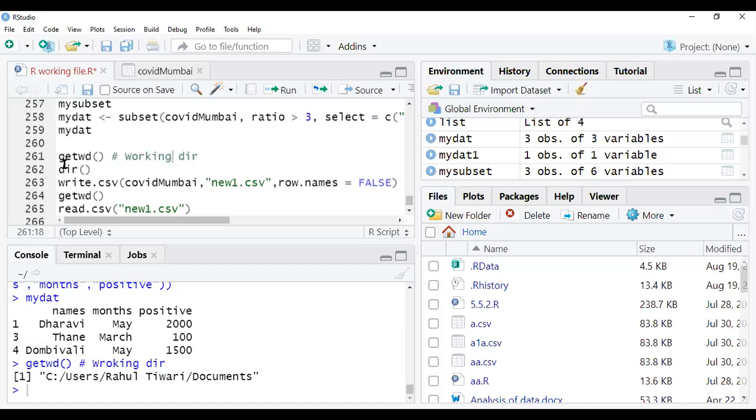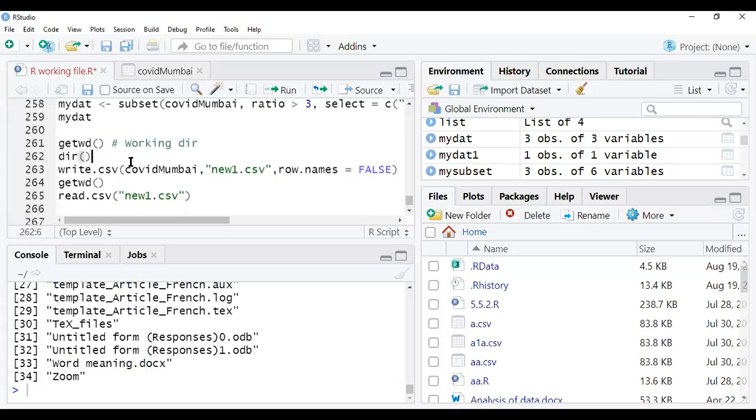But if you want to save it by writing a program or writing the code, then you have to follow this instruction carefully. Okay, so you want to see the first working directory. So what is the command for this? getwd. getwd will tell you that you are working in this current directory, which is Documents. You want to see how many files are there. Directory means how many files, folders, etc. are there in this directory. So once you just type dir, it will show you the number of files.